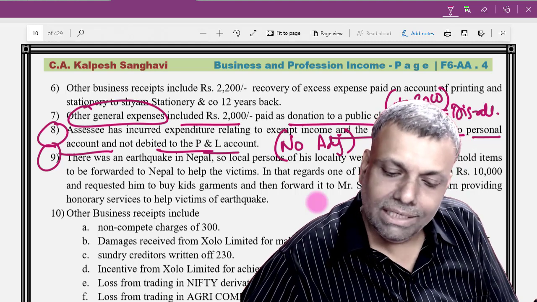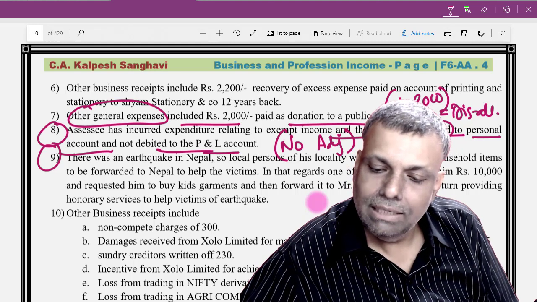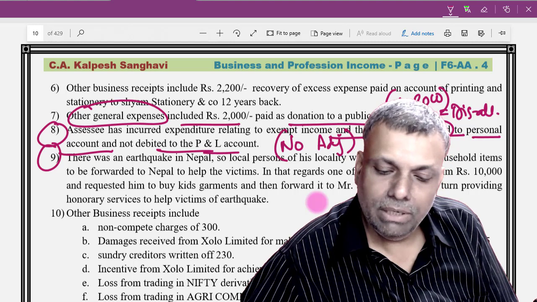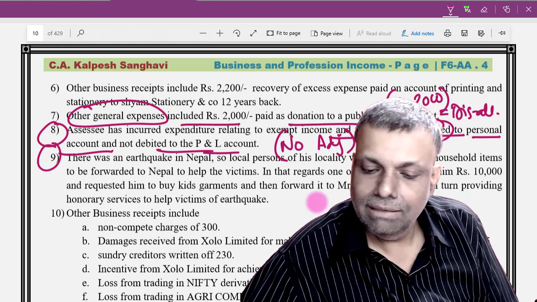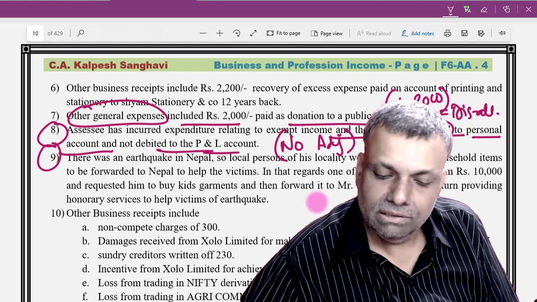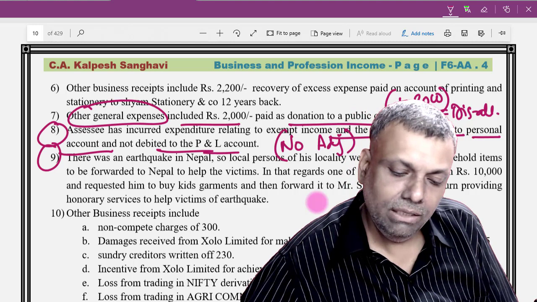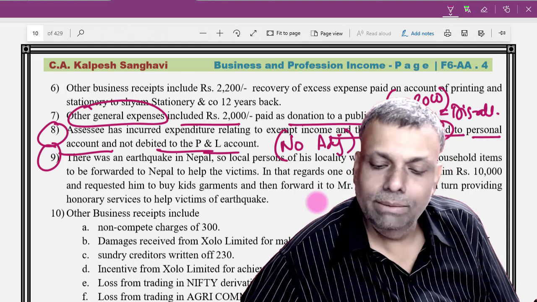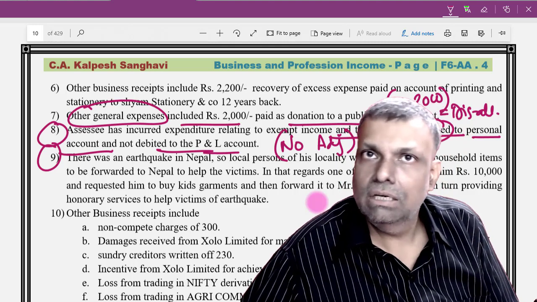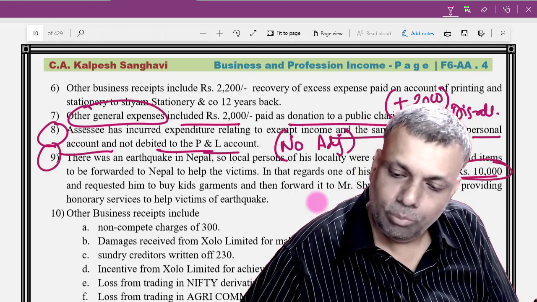There was an earthquake in Nepal. So a local person of his locality was collecting some old household items to be forwarded to Nepal to help the victims. In that regard, one of his customers paid him 10,000 and requested him to buy kids' garments and then forward them to Mr. Sham, who was in turn providing honorary services to help victims of the earthquake. Okay. Now, see, in this particular kind of transaction, a doubt comes into our mind whether this 10,000 rupees